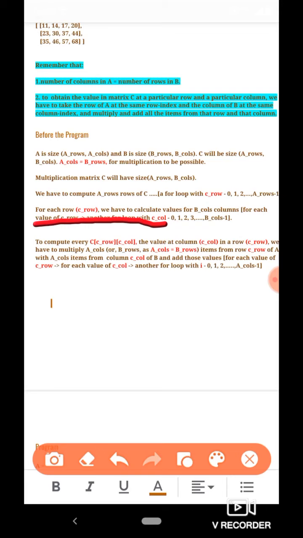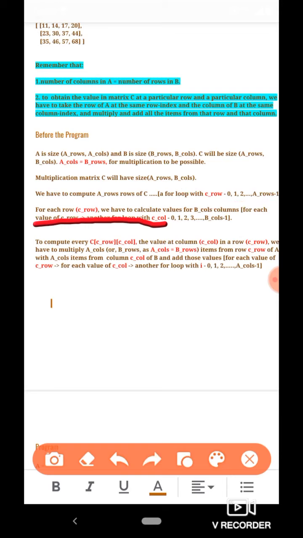So for each row we have to calculate values for B calls number of columns. As we said, matrix C is going to have B calls number of columns. So we must compute B calls number of values for every row. Every row is going to have B calls number of items. So that means in this for loop there is going to be another for loop, because for every row we have to compute B calls number of columns.